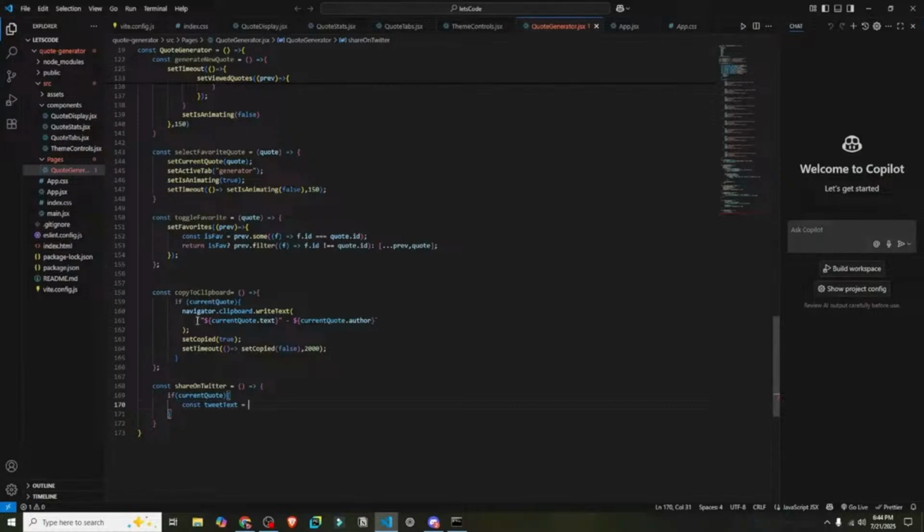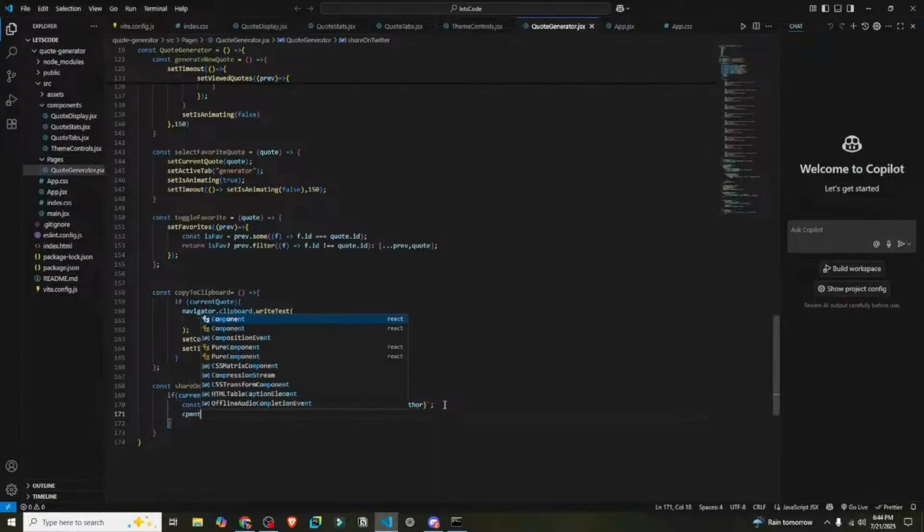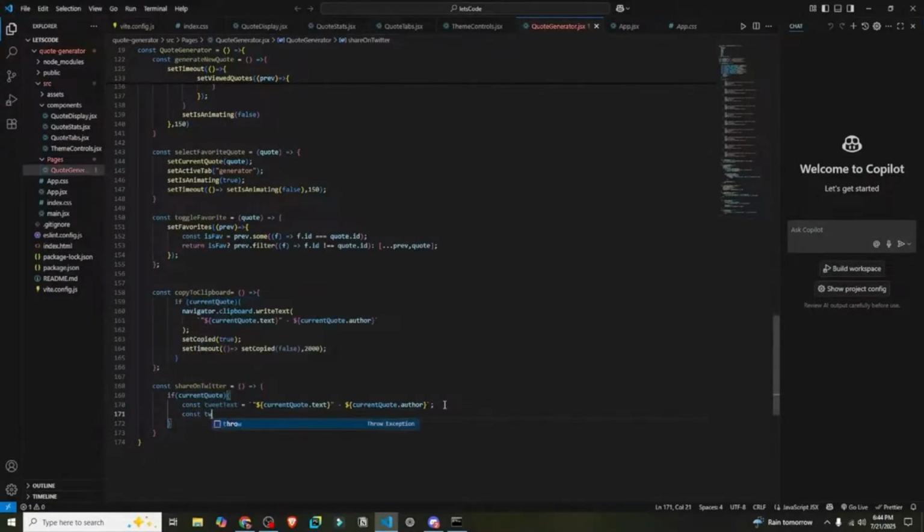So I'll just copy this line, Control C, Control V. I have set the copy text. That's right. And then after that a semicolon, and then we'll create a tweet URL. So const tweetURL